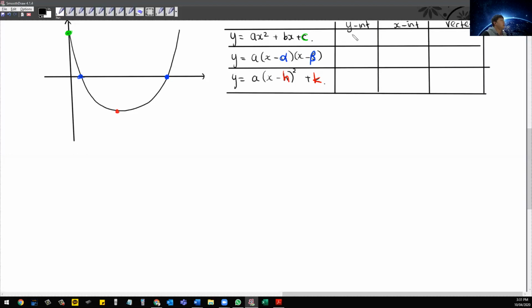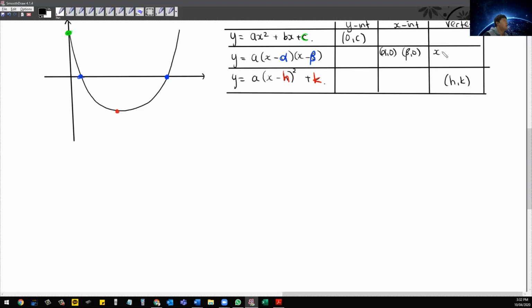So you just need to read c. c is the y-intercept. Y-intercept is a y, so it's (0, c). Now the x-intercepts are (alpha, 0) and (beta, 0). Just read them off from this form, and the vertex is just (h, k). That's it, right? Now, if you want to figure out the vertex, you just need to take